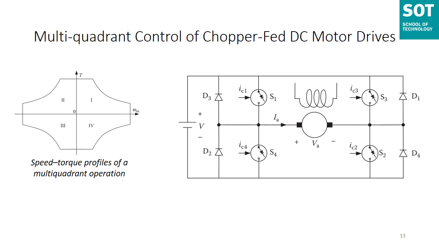To ensure that the switches S1 and S4 or S2 and S3 are not at all on at the same time, some fixed time interval must elapse between the turn off of one switch and the turn on of another switch. This restricts the maximum permissible frequency of operation. It also requires